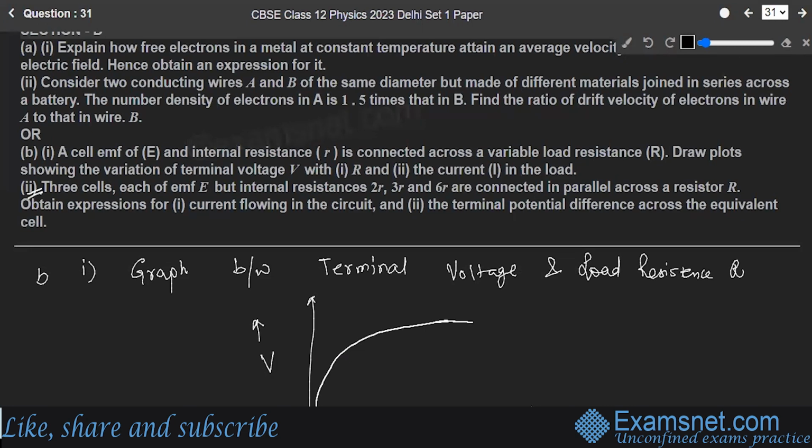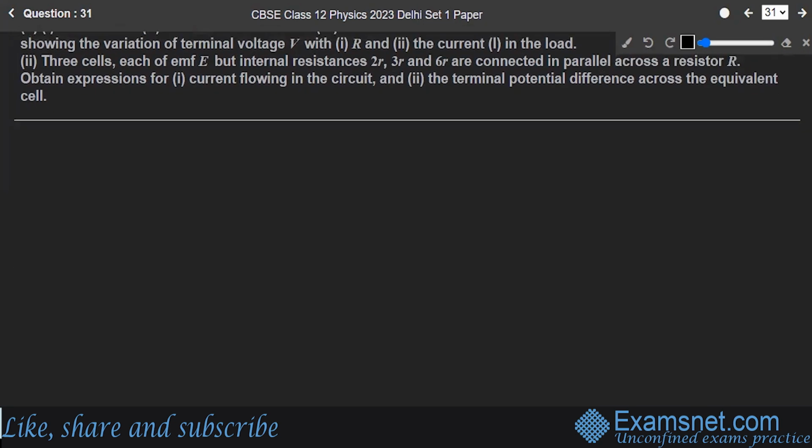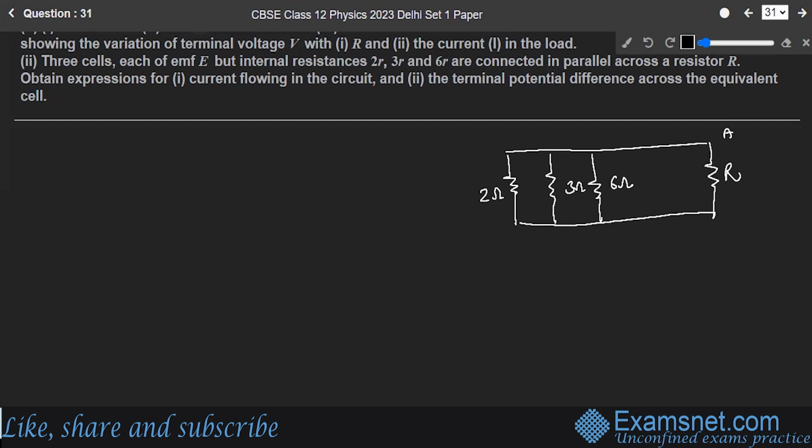Next is the second part. Three cells, each of EMF E, internal resistance 2r, 3r, 6r, connected in parallel across a resistor R. Obtain an expression for the current flowing through the circuit. Number two, the terminal potential across the equivalent cell. All right. They are connected in parallel, so this looks something like this. Here you have resistances 2r, 3r, 6r, and this is your resistance R. They are connected in parallel. Let's say this is point A and this is point B. You have to find out